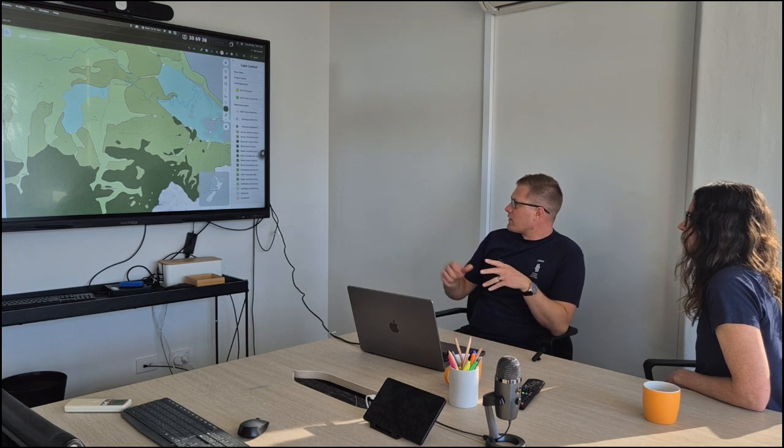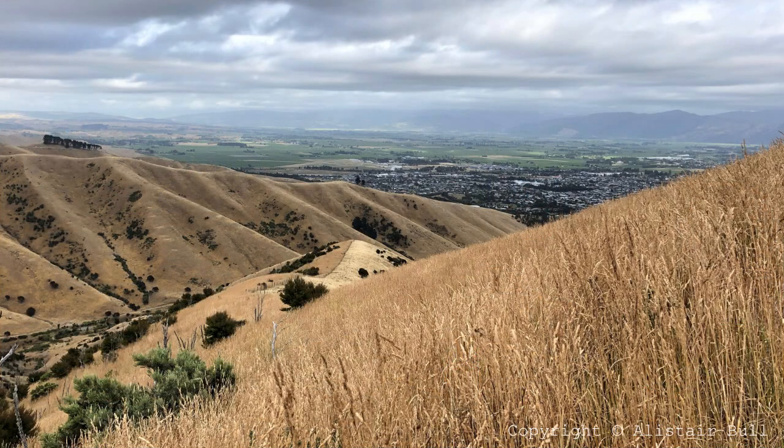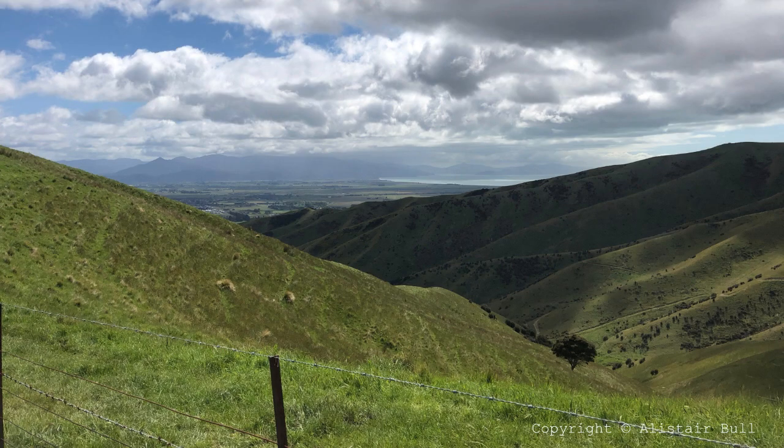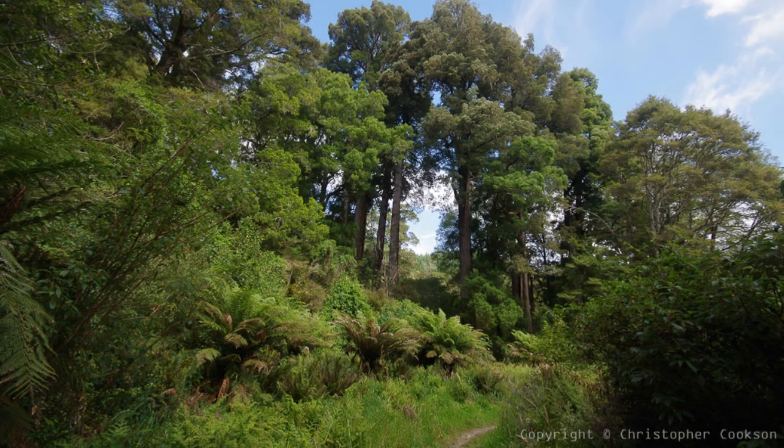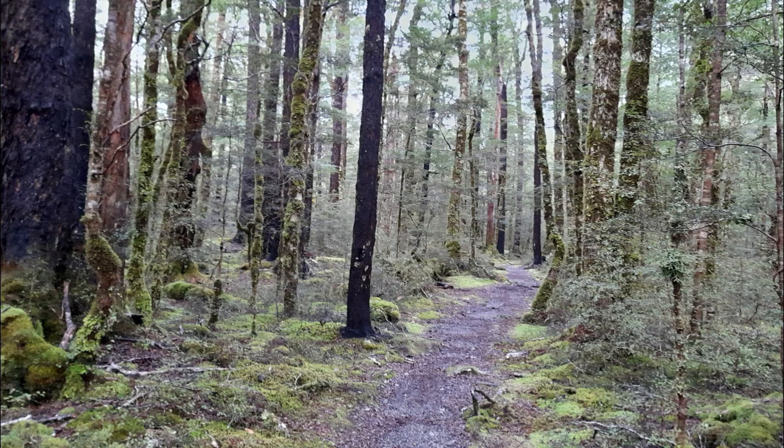But the Wither Hills is a great example of that, where it's completely barren. It's just hills covered in grass. But what actually used to be there is potentially kahikatea forest, matai, tawa, and mahoe forest, along with beaches in the dry areas. So imagine the Wither Hills today,